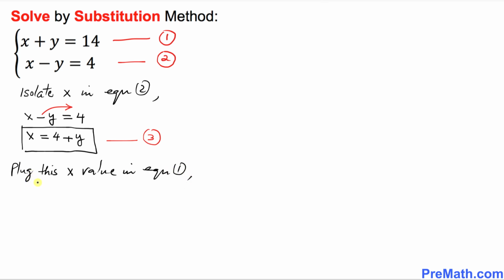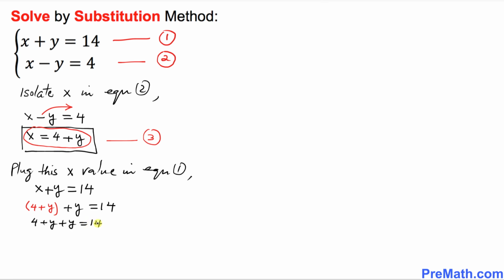Equation number 1 is simply x plus y equal to 14, and we know that x has this value, you can see over here. So wherever you see x, I am going to replace it by 4 plus y, and then plus y equals 14. So we can open up these parentheses, 4 plus y